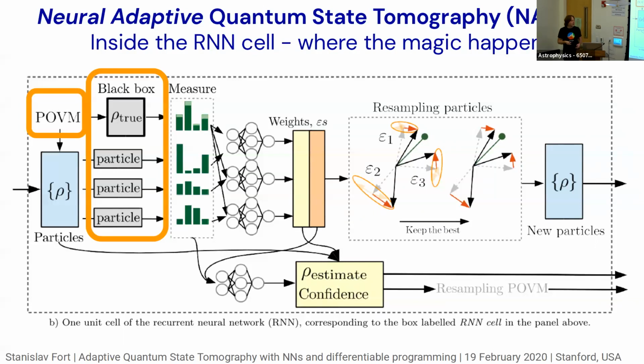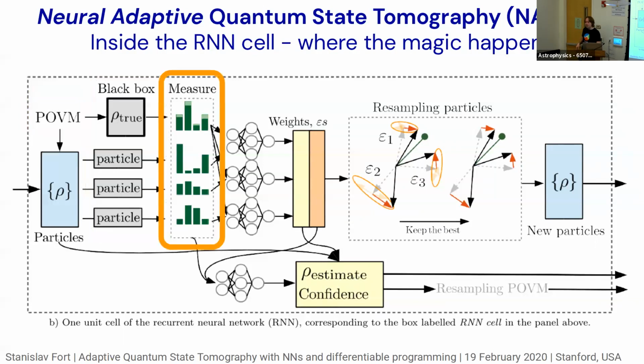Okay? And now, what you will do is you will look at each individual particle in the particle bank, and you will make a fake measurement on that thing. You will use a quantum simulator to estimate, if you were to measure with this POVM on this particle, what the histogram of answers from that measurement would be. And you do this for every single particle, and you do the same thing on your hidden density matrix as well. So here, this step is done on the fly in the training regime. But in the real case, the experimentalist would just supply this box.